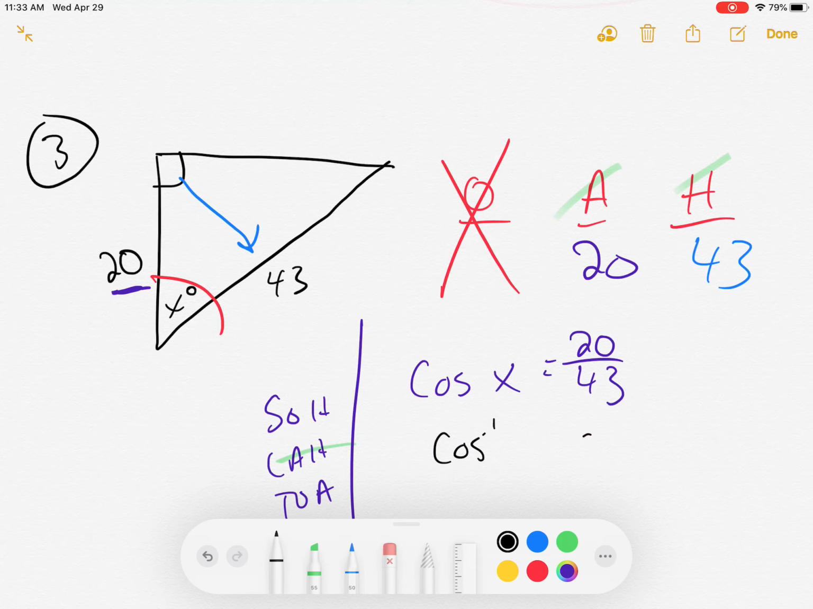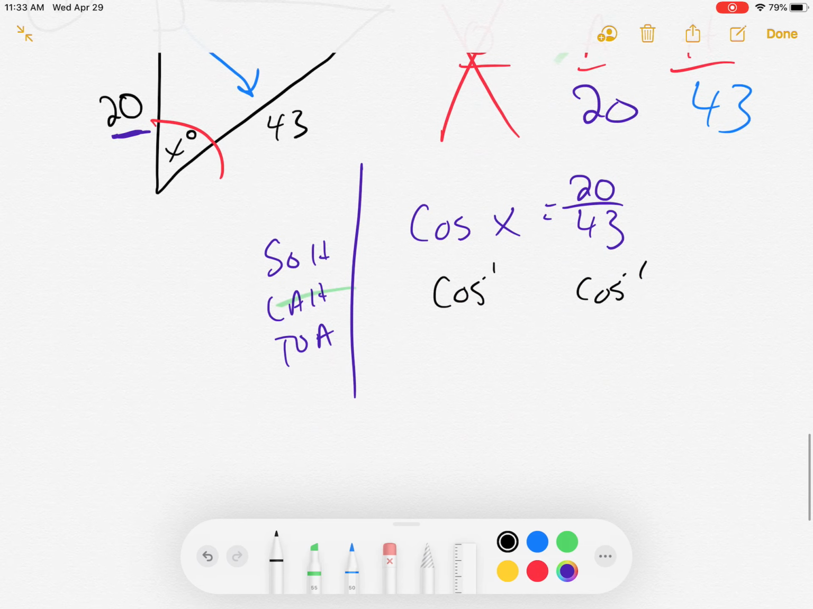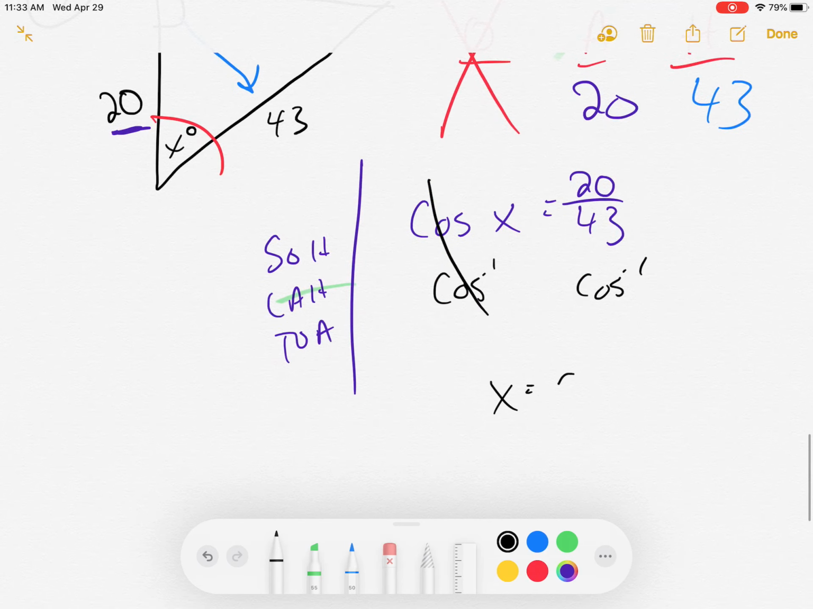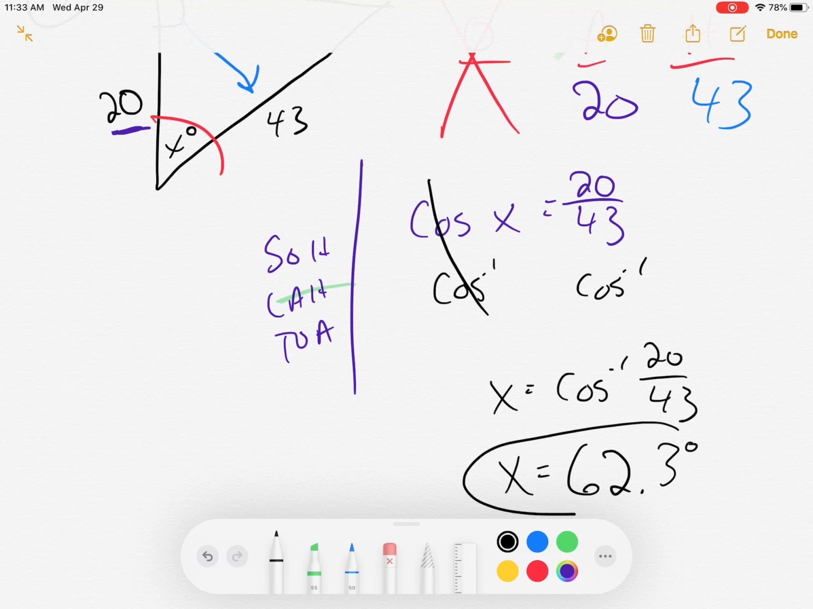Got to get X by itself, so I got to get rid of that cosine. Take the inverse cosine of both sides. You end with X equals the inverse cosine of 20 over 43. Go to your calculator. Inverse cosine of 20 divided by 43 should get X equals about 62.28, so 62.3 degrees. Hope that makes